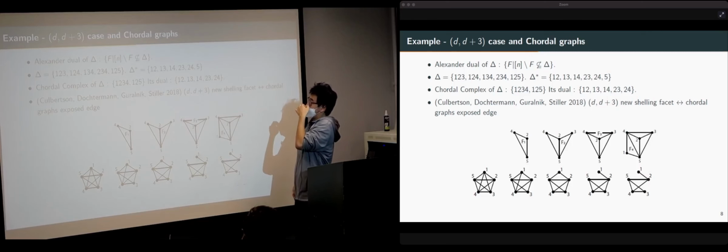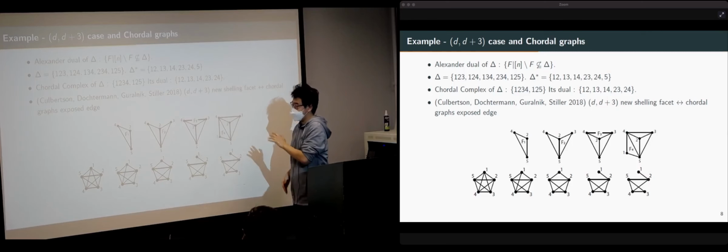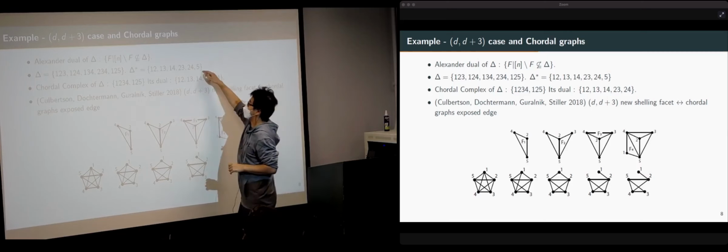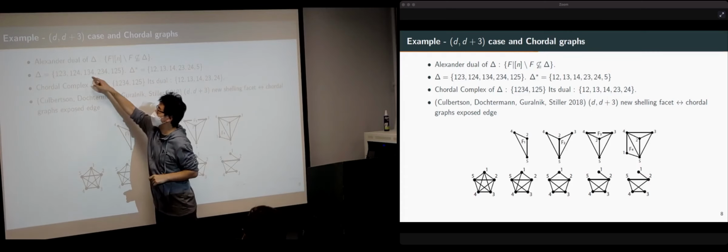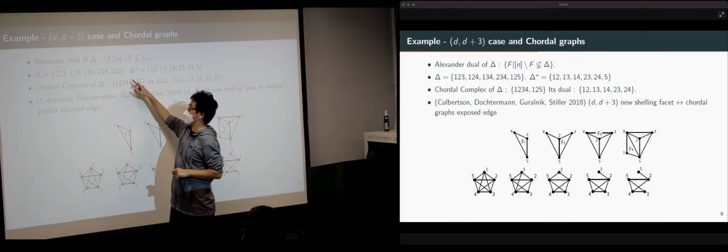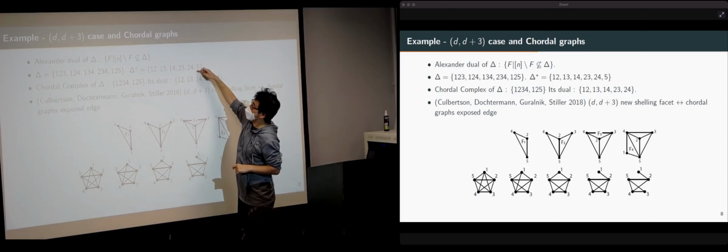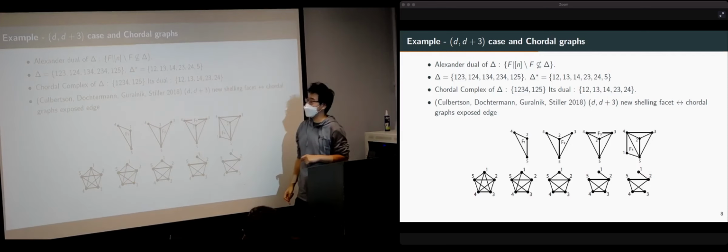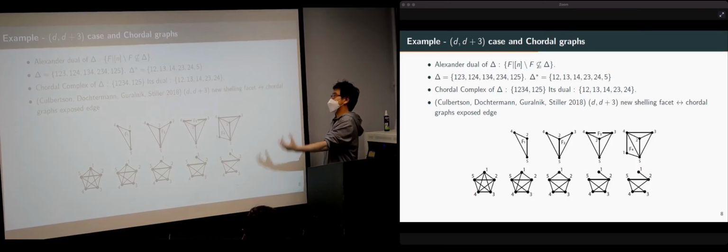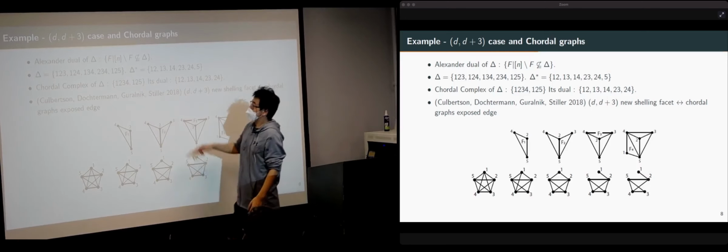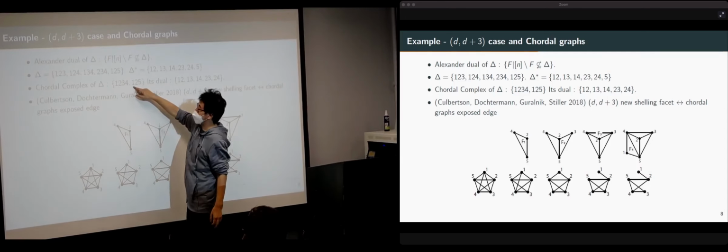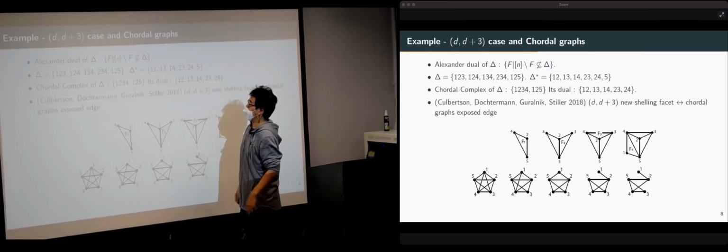Now, the bad thing about this Alexander dual here is that it's not pure anymore. So we want to be focusing on the facets and keep everything pure. But if you just take the Alexander dual, then, well, we have some weird part over here that it would be nice to remove. So what is the thing that people working in this field do quite often to get rid of those annoying parts is if you take the chordal complex of the complex first and then take its